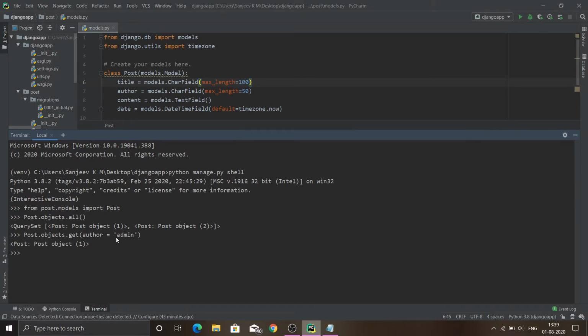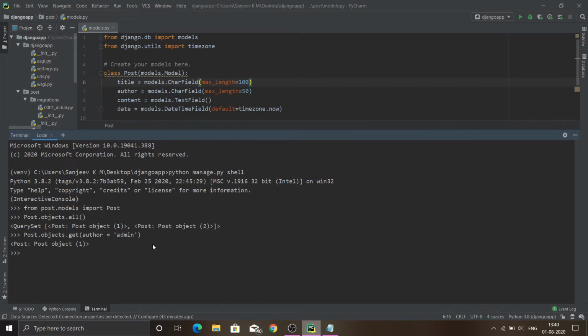It will return the post of this admin author. Let us consider that this admin author has numerous posts in our Post model. If we use this get method, it will return the first and earliest post from this admin author. It will return the first object.